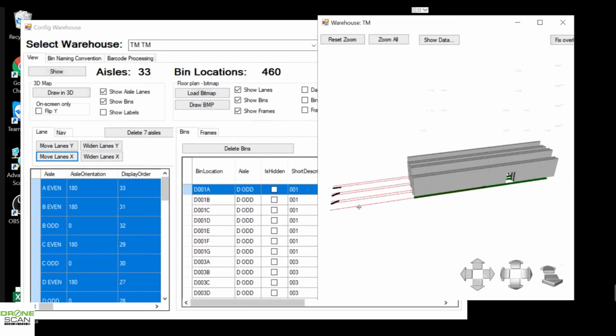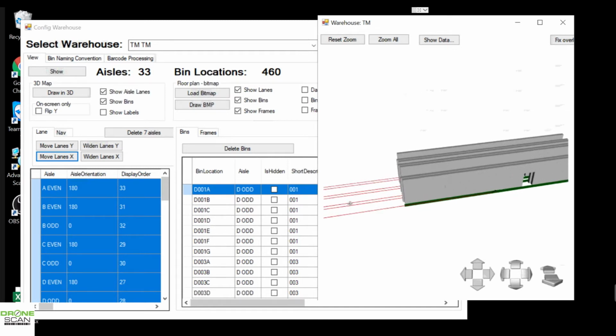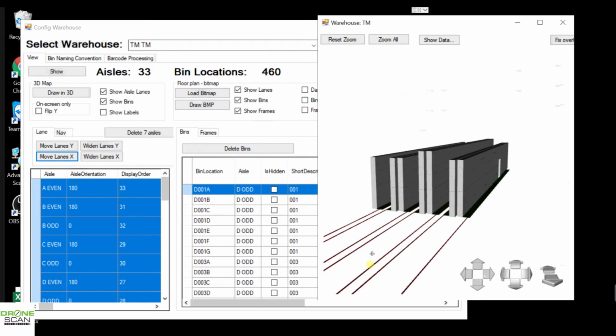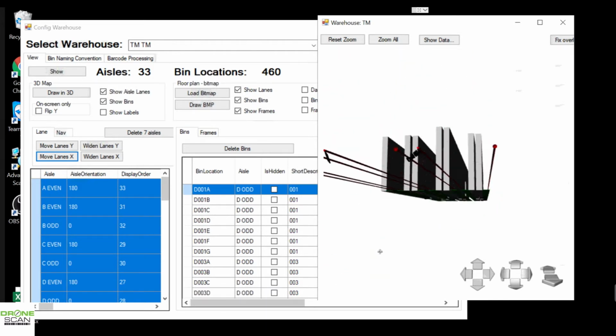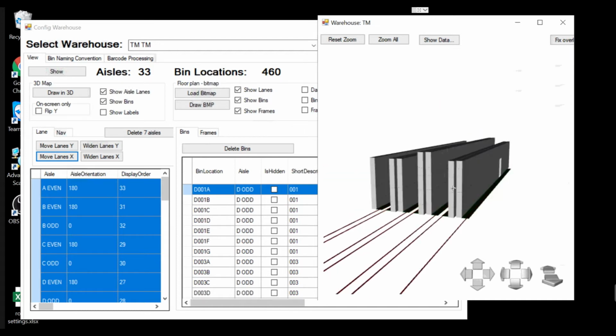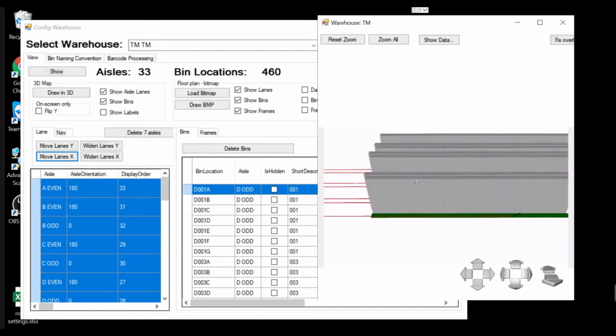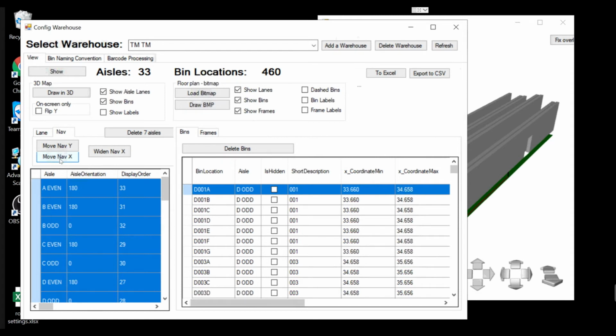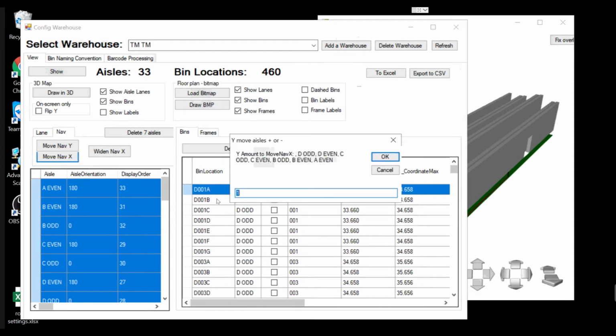These red arrows are the navigation points that the robot's going to navigate up and down by. It'll go to that point, and then it'll start its mission. You can see this is an arrow coming in this direction, that's an arrow going in that direction. So the robot does a big loop around this aisle and comes back here, and it carries on. Obviously we don't want the robot starting way out of the aisle, so I'm going to move the navigation points as well. So move nav in the X direction 34 meters,